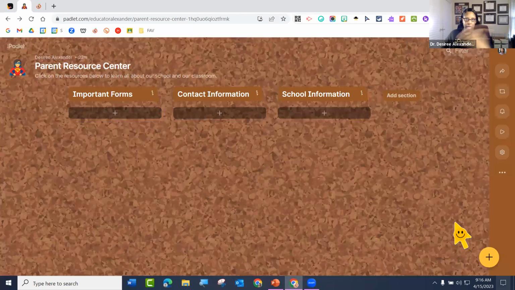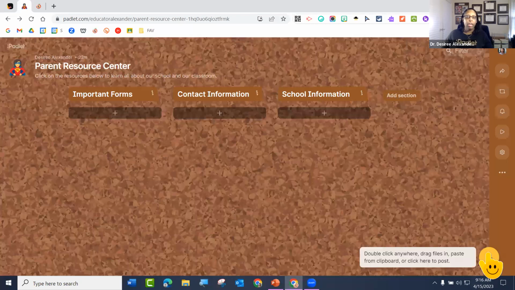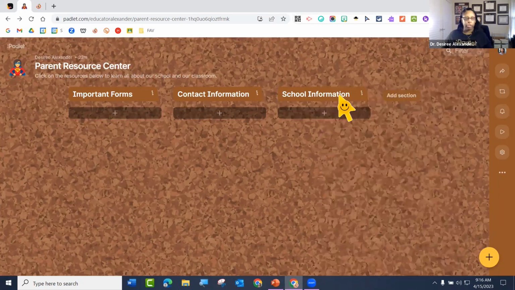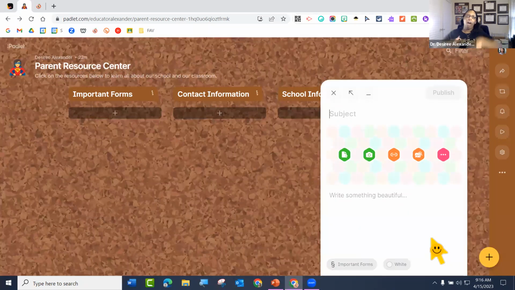Okay, so same difference. If you use the one right here, it's only going to be under this section. If you use the one down here, it could be under any section. So notice the section is right here. So, again, same difference. So now that you've given yourself a couple of sections, we're going to hit on the big plus sign. And let's see all of the different things that you and your students can add to your Padlet.